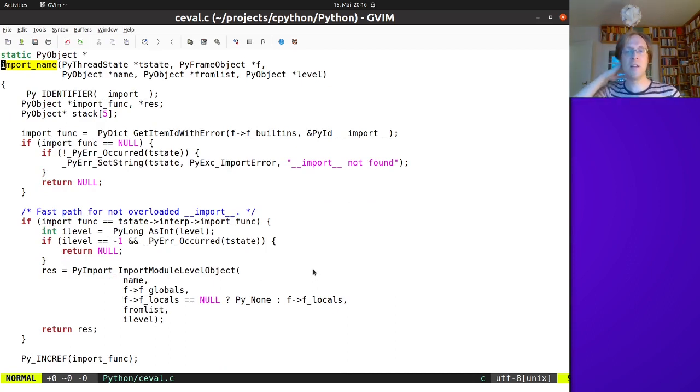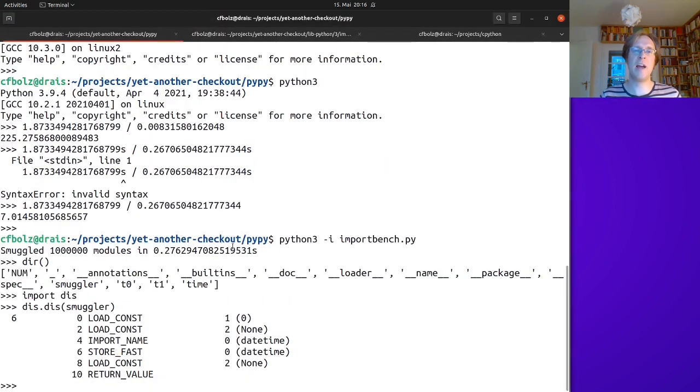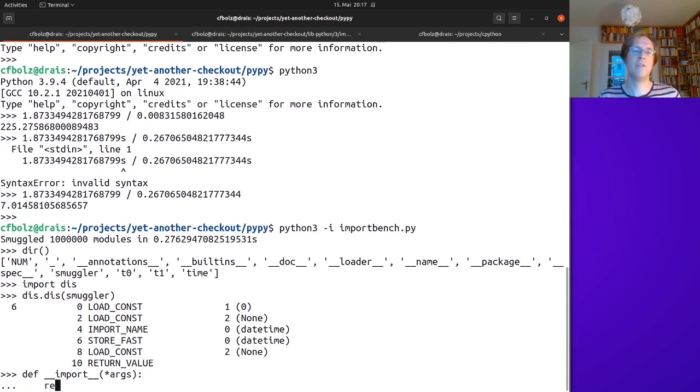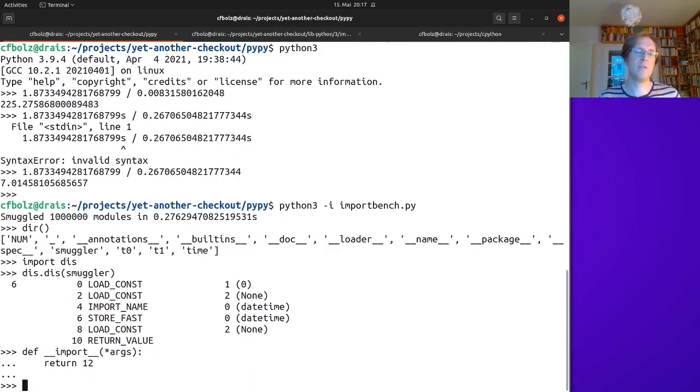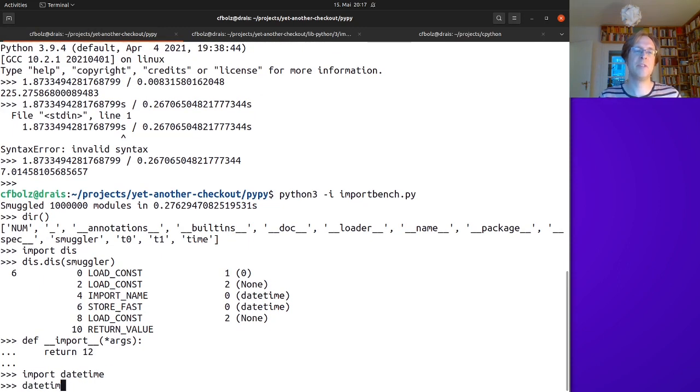So the first thing we need to do here is be very careful, because it's possible to actually change the global name __import__. So if you do something like def __import__(*args): return 17, 12, and then you say import datetime, then datetime is actually